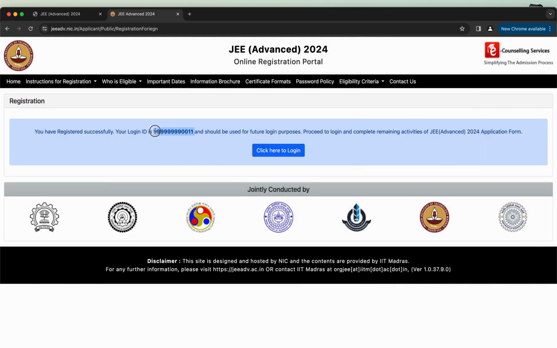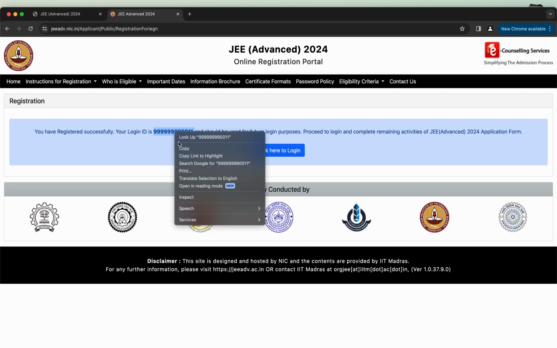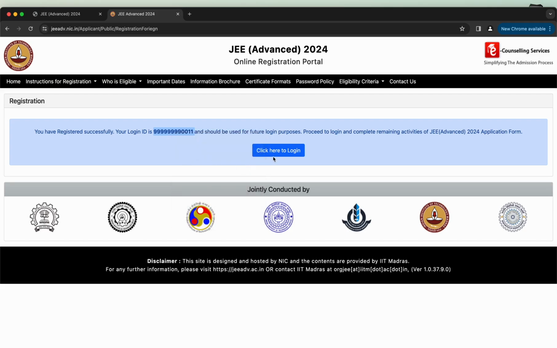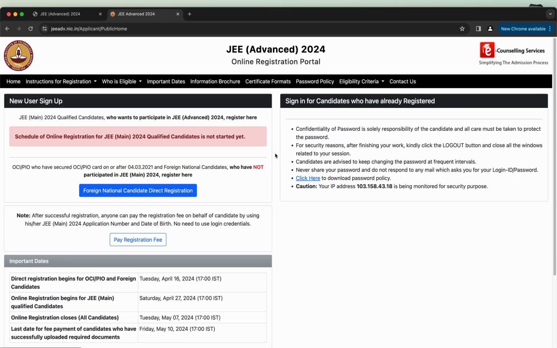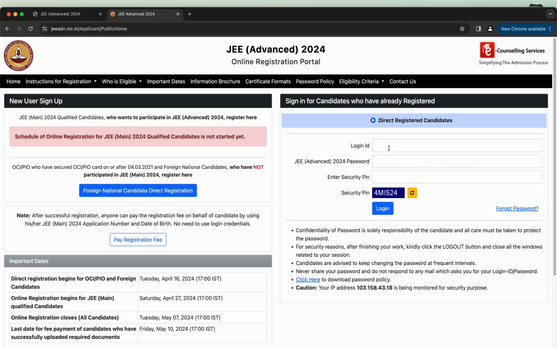Login ID is created after successful registration. Kindly note down the login ID for further login purposes. Press the Click Here to Login button to complete the remaining 2 steps of JEE Advanced 2024 application form. Namely, upload of documents and payment of the registration fee.